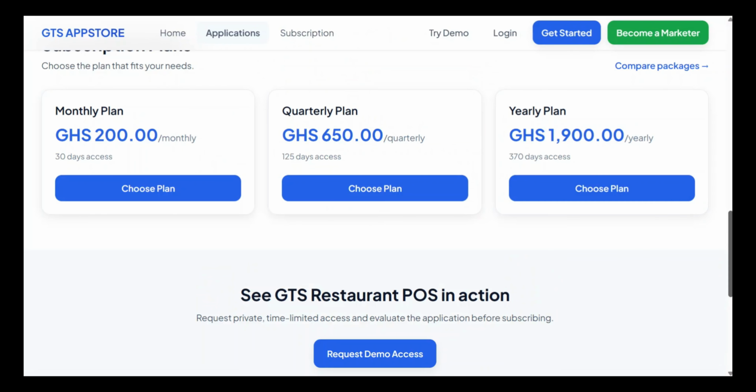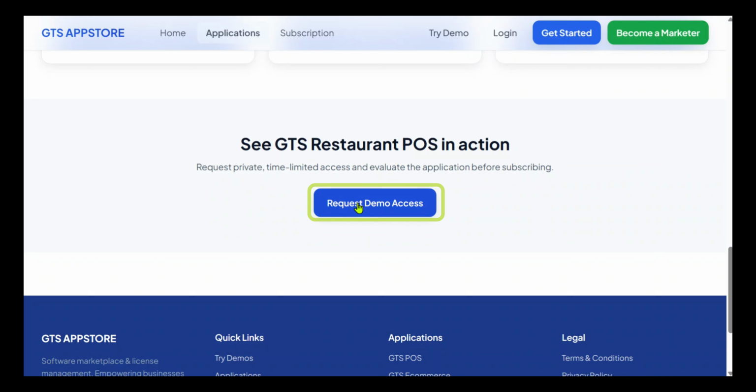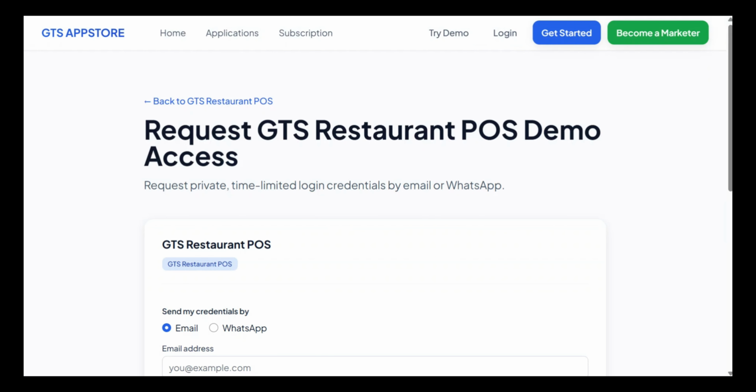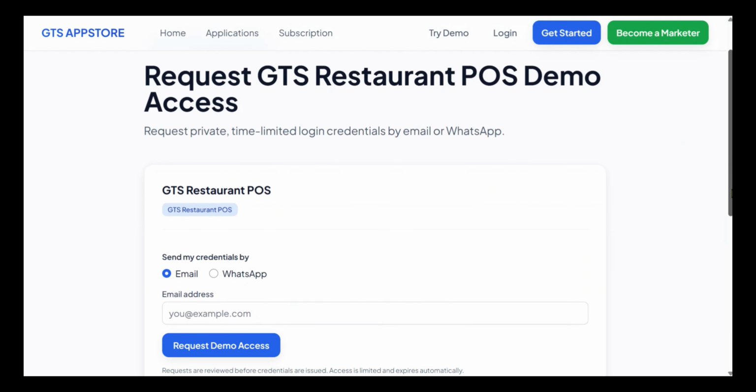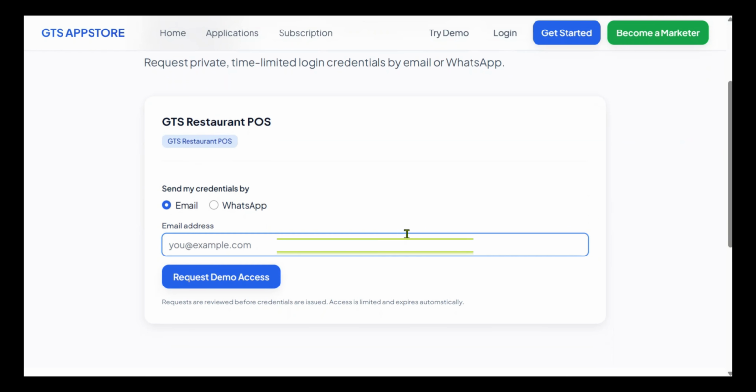On this page, look for the Request Demo Access button and click on it. On the next page, enter your email address,